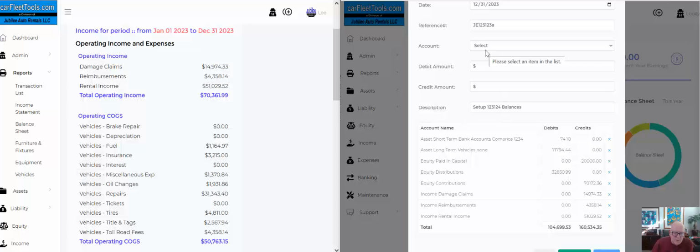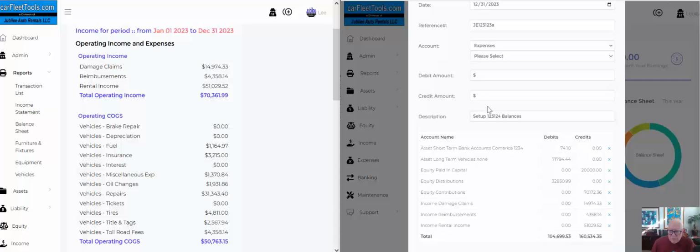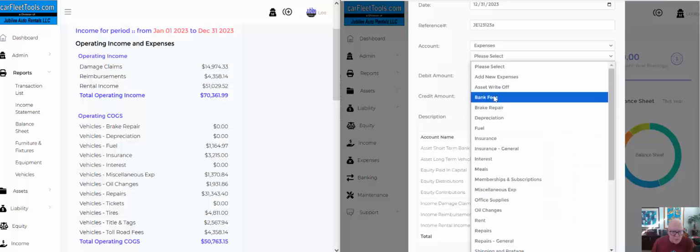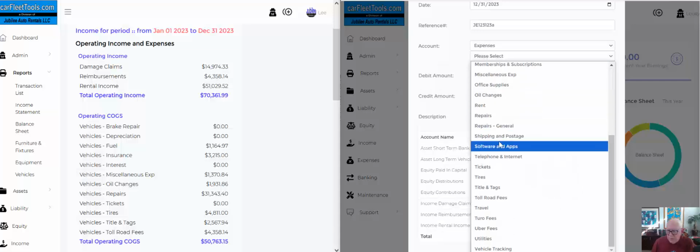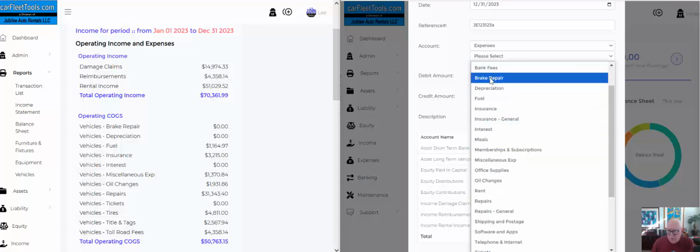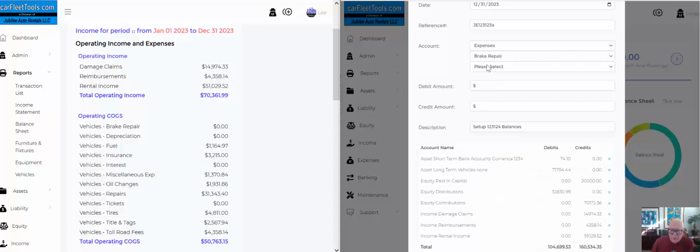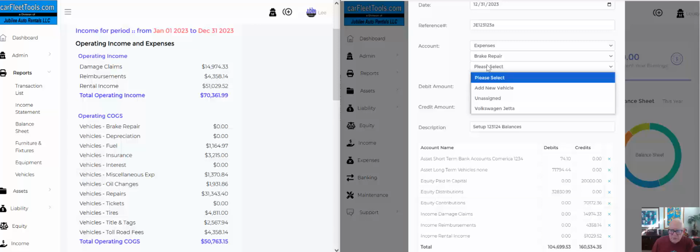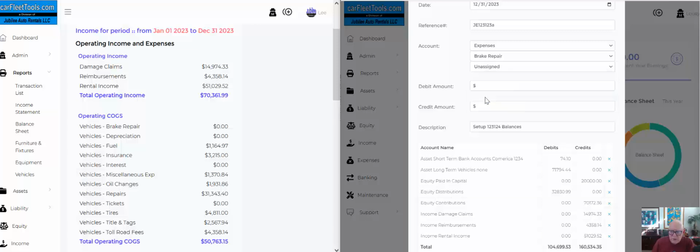Now, the names that you have for yours when we set up the account are not going to necessarily be identical to the names that I have, but let me show you what I mean. So I'm going to go to Expenses, and I'm going to come down and I'm going to look for Brake Repair. Okay, so here we go, Brake Repair. Now, Brake Repair is going to give you the option to assign to a vehicle. So we're going to go unassigned,